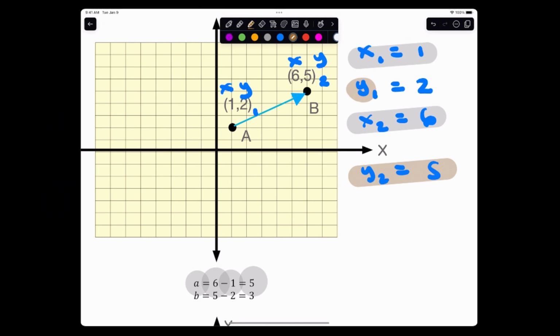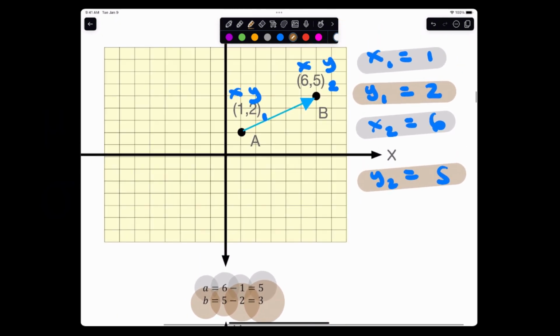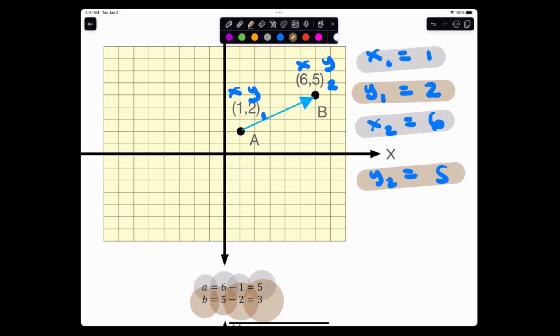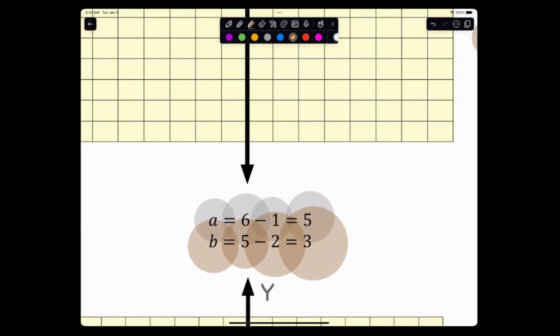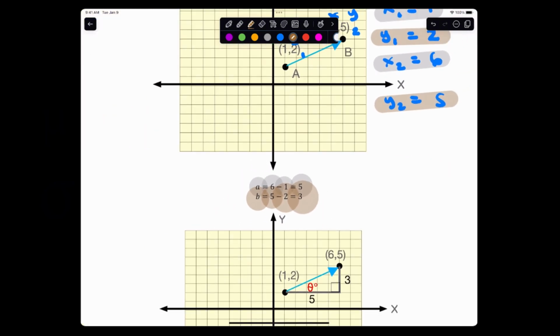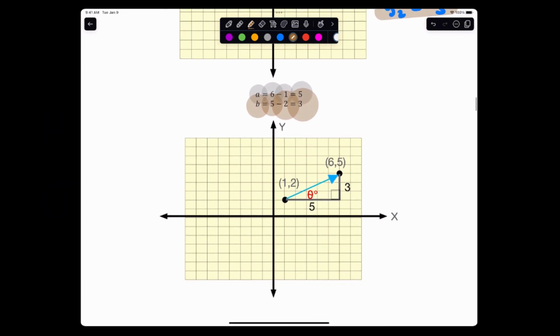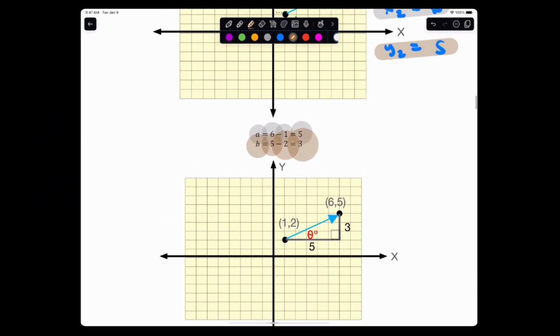5 minus 2 is 3. This is your B value, ladies and gentlemen. So you identify X1, Y1, X2, Y2. You do your arithmetic, and sure enough, there it is. Vector V